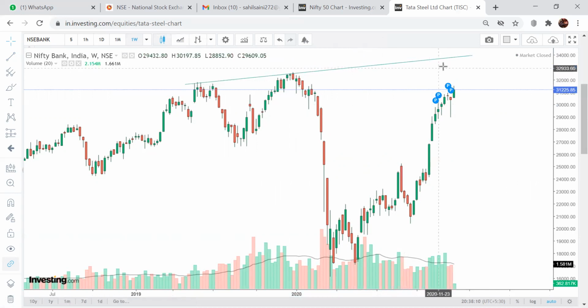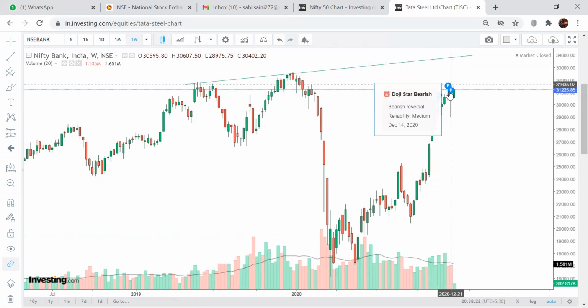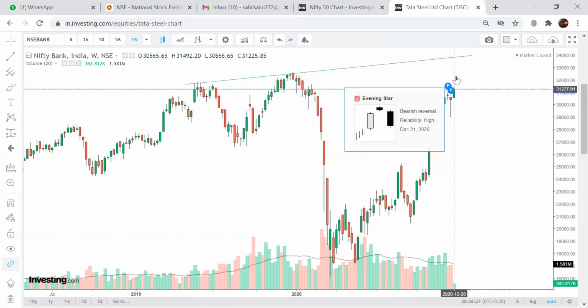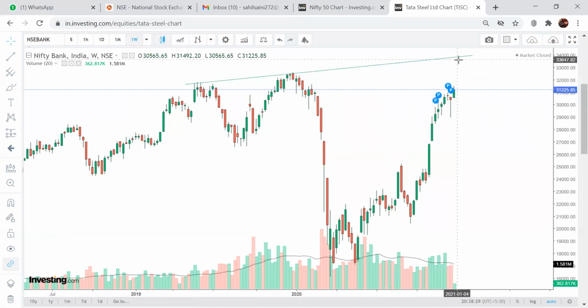So this line is very important for Bank Nifty. In upcoming months, it has to break the line, sustain, and go up. Otherwise, HDFC was just under resistance, but Bank Nifty has a gap to fill. It can reach there. Until then, HDFC can break the resistance also. Let's see how it reacts.